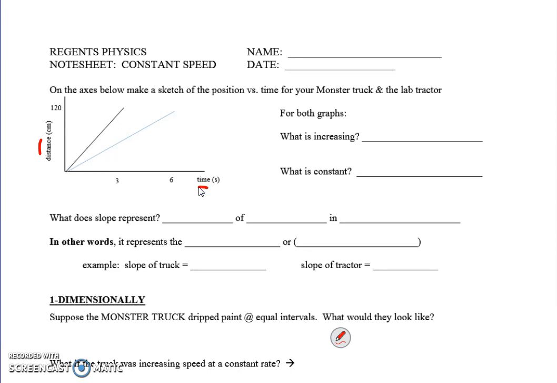So what's increasing? Well, something's going from here all the way up to here and vice versa. So that's pretty straightforward when you look like that. What's increasing? Distance. And by the way, what's implicit in this, what's increasing with time? Well, what is constant with time here? What is staying the same for every single second that we have a data point for this line or the other line? Well, the fact they're lines is the hint for this,